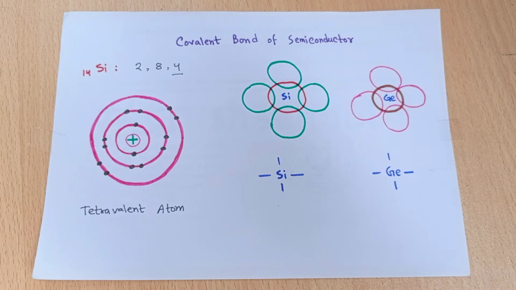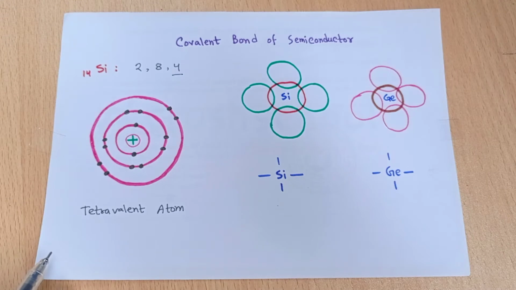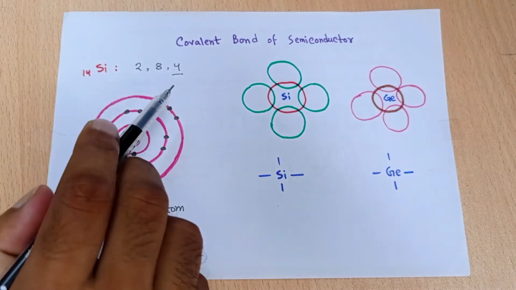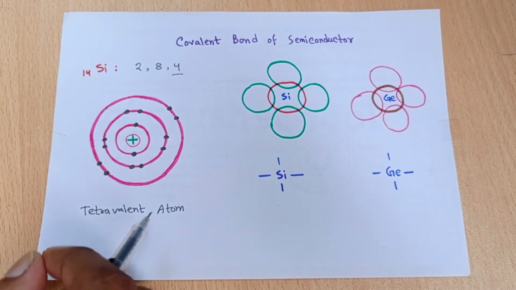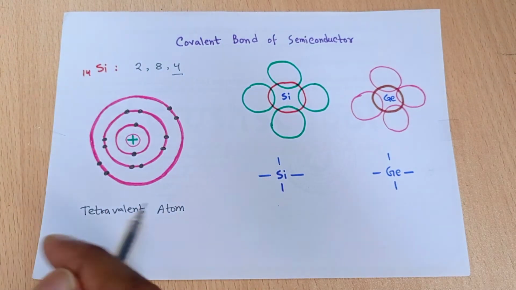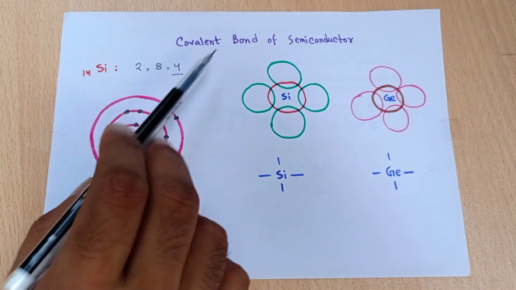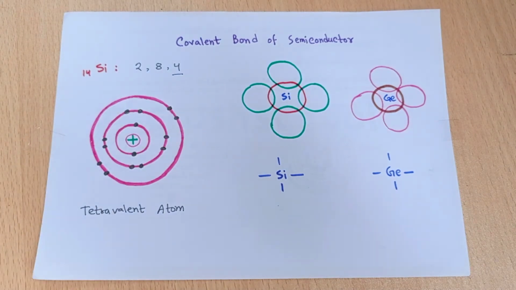Germanium is also a kind of semiconductor, and it also contains 4 electrons at the outermost shell of its atom. So when we have 4 electrons as outer shell or valence electrons, this material can easily make the covalent bond, and this covalent bond is made by sharing the electrons between